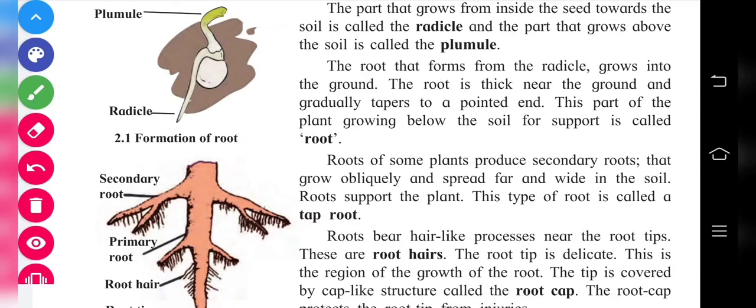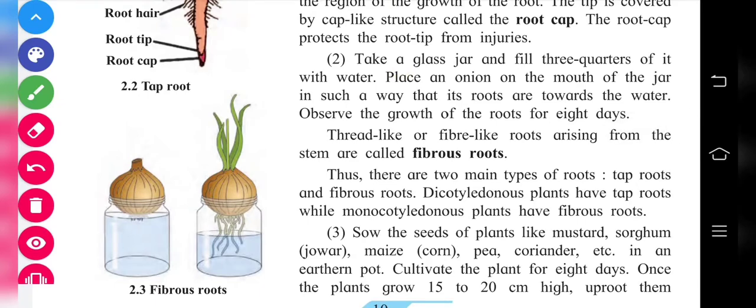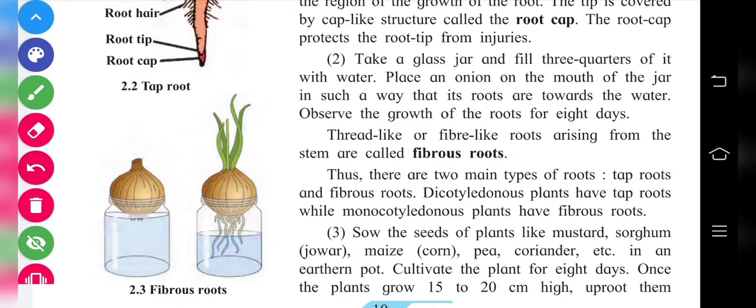Okay. So these are the taproot and these are the fibrous root. I remember that these are the fibrous root and these are the taproot. So you already studied taproot and fibrous root. Is it? So yes. After that